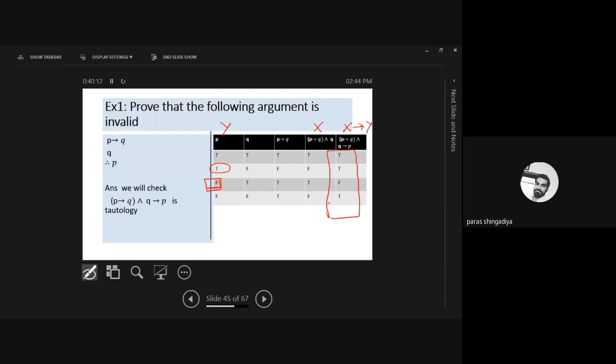So this is not tautology, and as per the rule of validity of argument, it is not a valid argument. Okay, because the formula should be the tautology. Formula means A1 and A2 conditional to the A3, it should be the tautology to say it is valid argument. So here it is not tautology, so it is not valid argument. Okay,